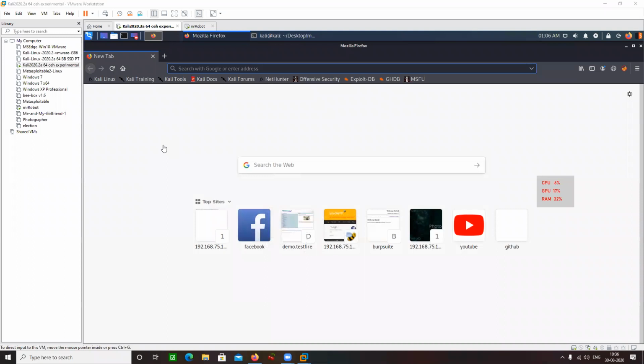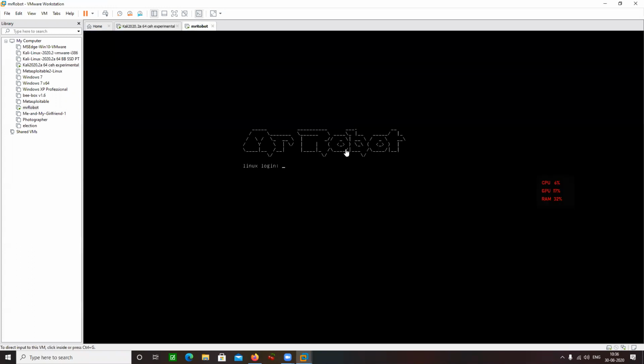Is it i5? Yes, sir. 8th generation H processor. Right. So that would be sufficient. 16 GB RAM, i5, 4 cores, 8 logical processors. That is sufficient. You can easily run 3 VMs there parallelly at a time. Okay, sir. Thank you.